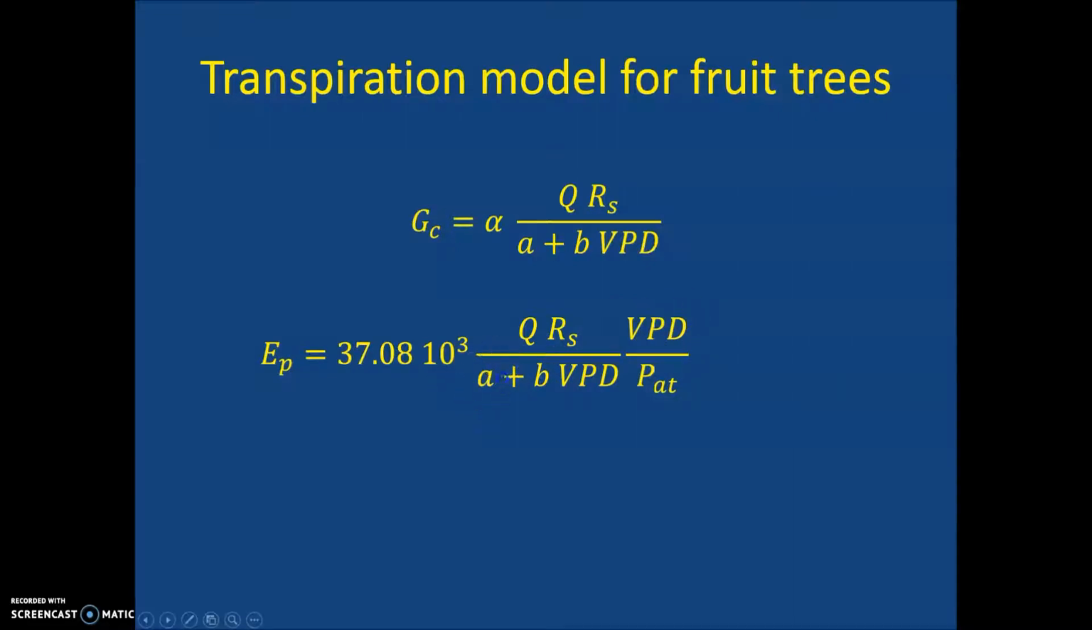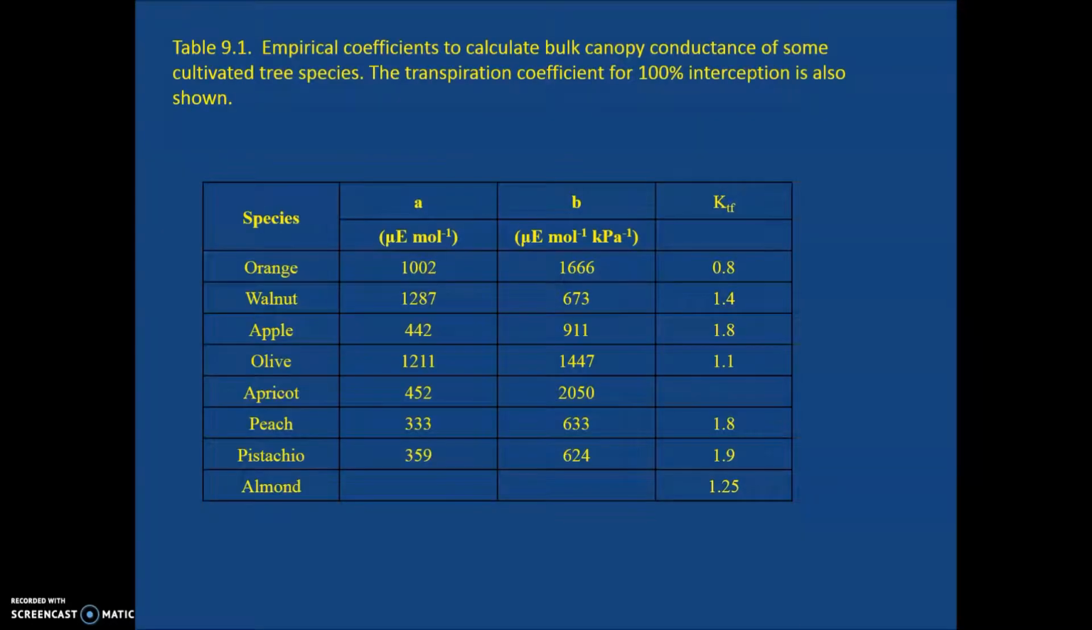Here, the coefficients A and B are empirical parameters. Q is the fraction of intercepted solar radiation. In other words, it gives us an idea of the size of the orchard. We have published a number of calibrated parameters for different species, like in this table,